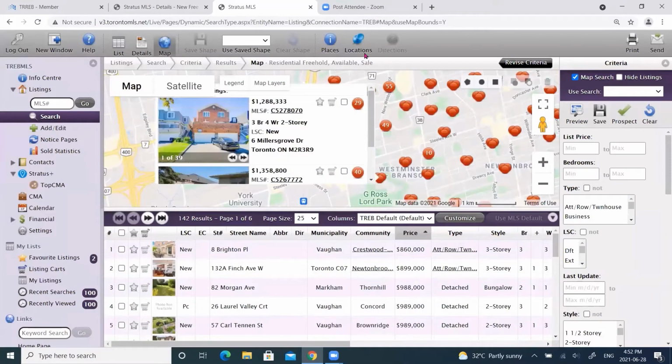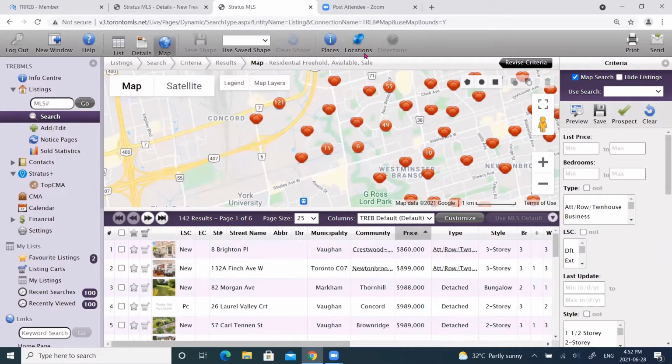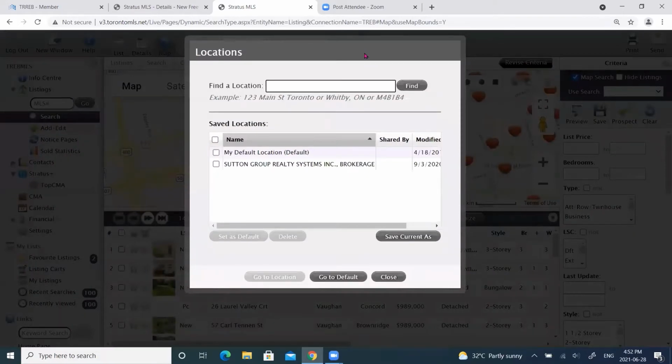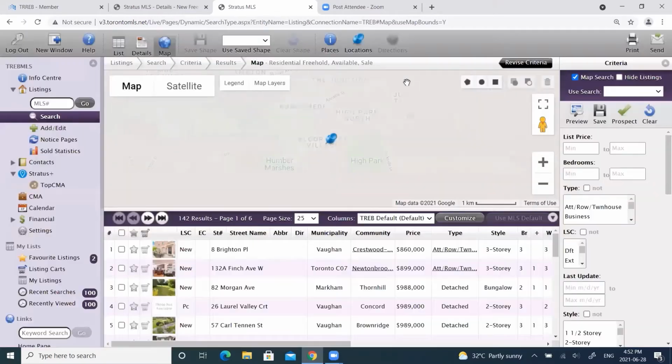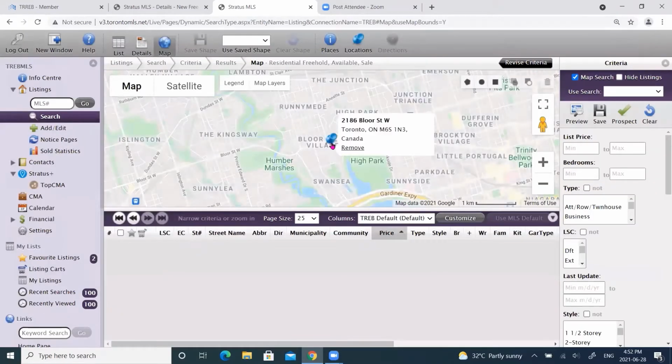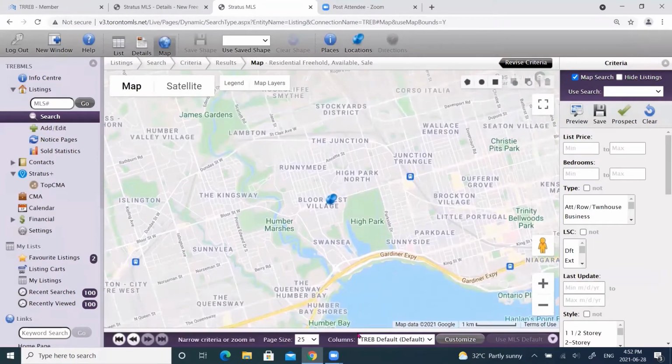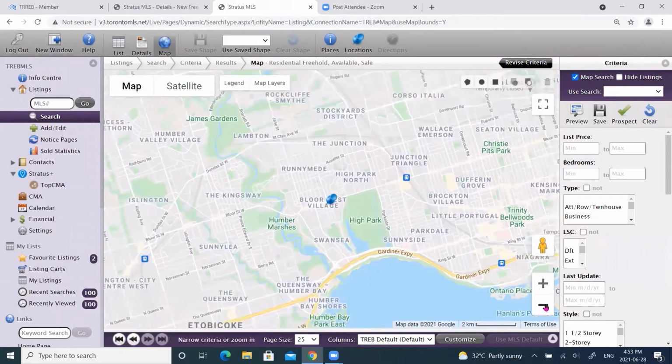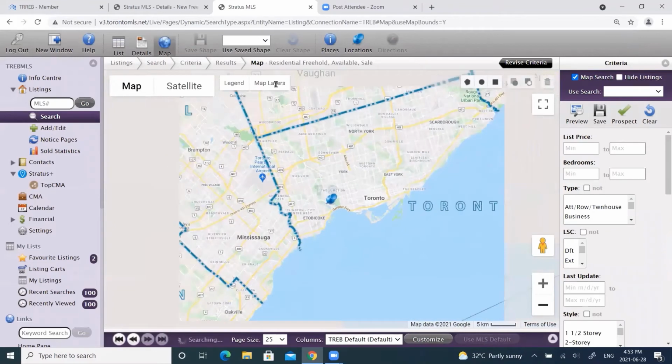I can actually type in up here at the top, there's this blue pin that says locations. If I click that, and type in the property address and click find, it will put the pin right where the location is. Now that only helps me, let me move this down a little bit, if I turn the layers on. So if I click on map layers,